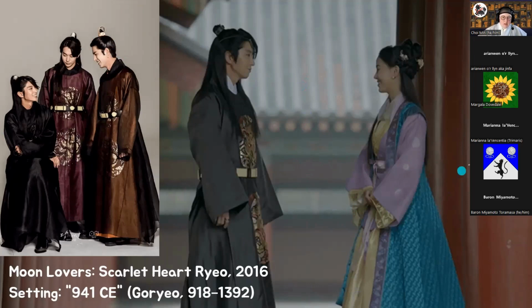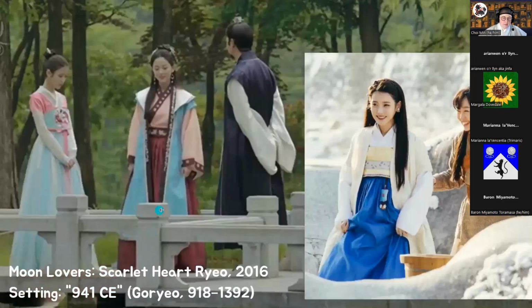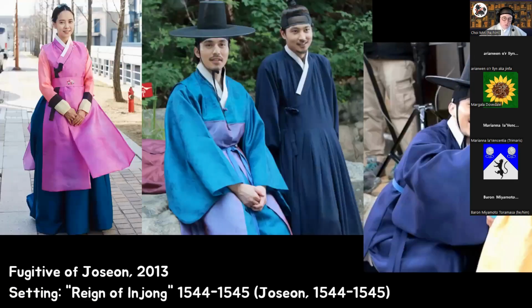And then the women's outfits are pretty, like this one's okay, but again we're going way too thin, and we're having these sashes that just don't have tie spots. So you're like, where are they tying this? This would have just been a sash, and you would have just tied it. You wouldn't have had it just disappearing like a belt or an obi. But yeah, again, hair down, no. Hair up, yes. But wigs are fun.